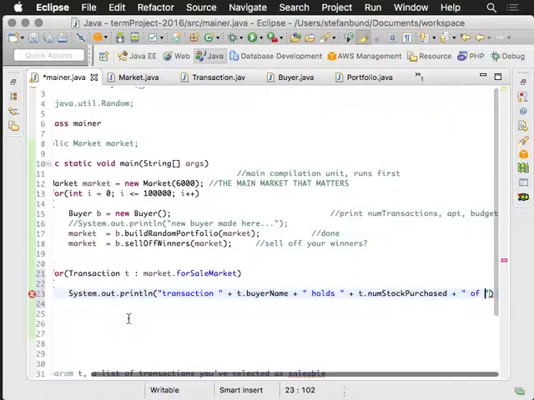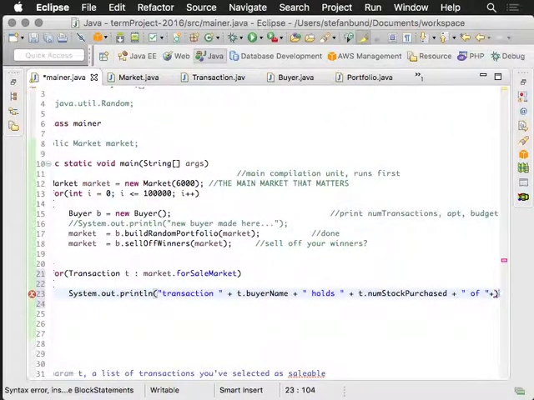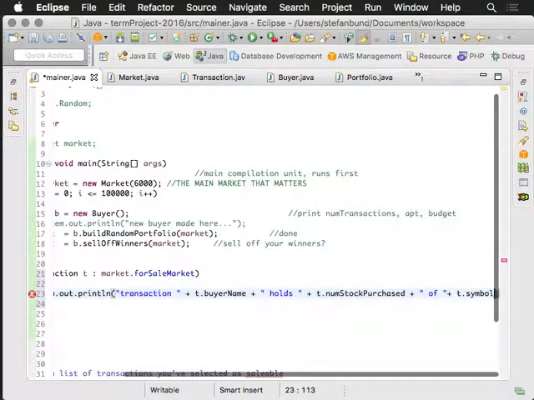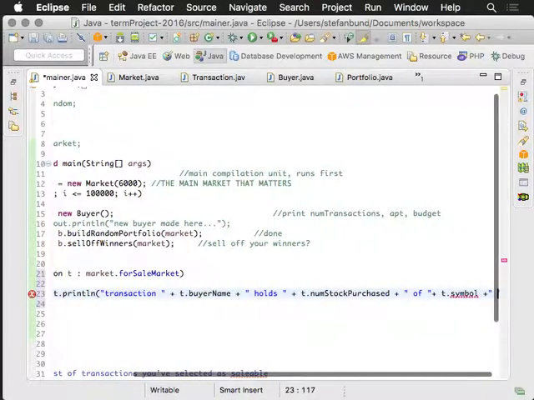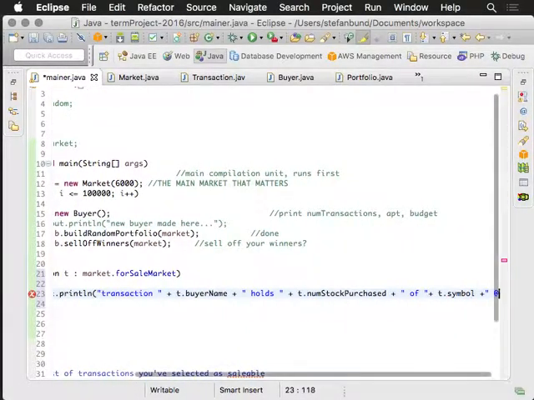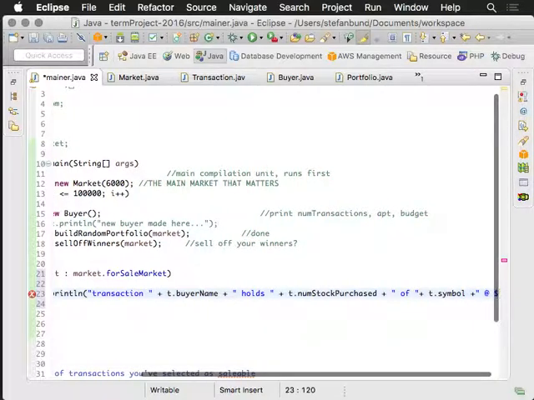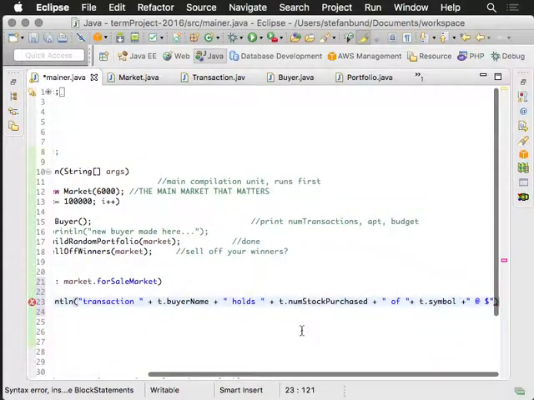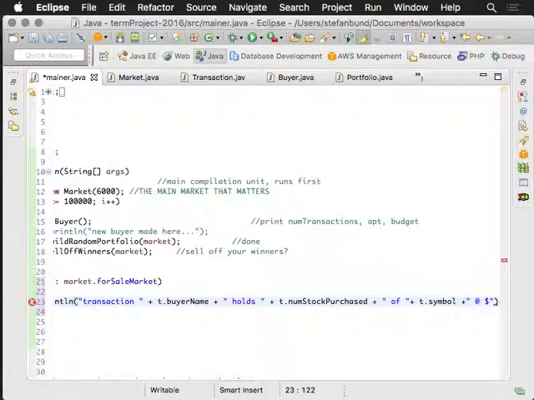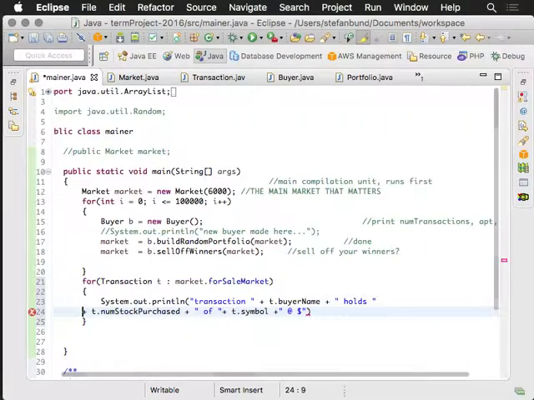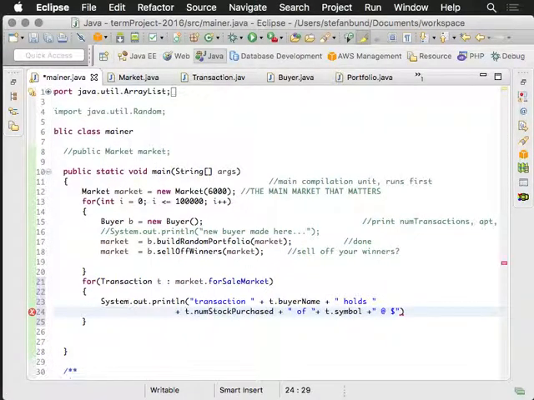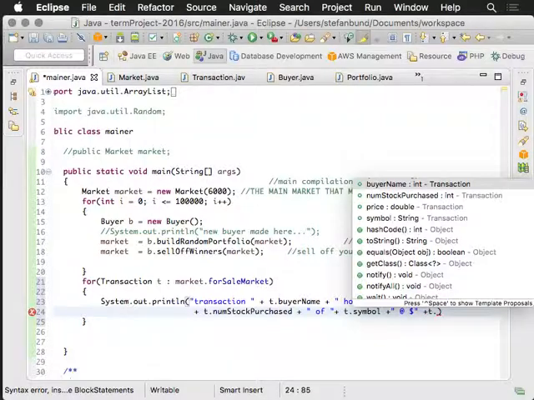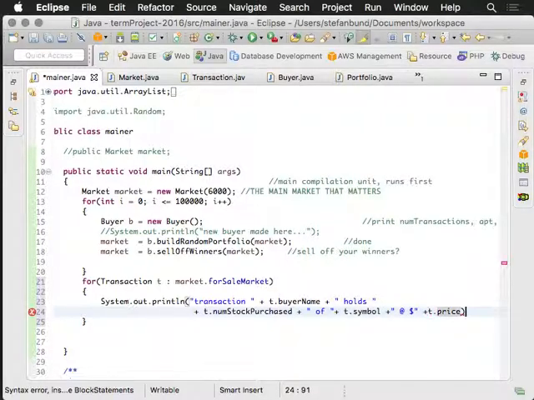Of t.symbol at symbol $. Sorry, this probably should be justified. Holds a certain number of a certain stock at a certain price. t.price, just to show off. And so we're going to sort of iterate